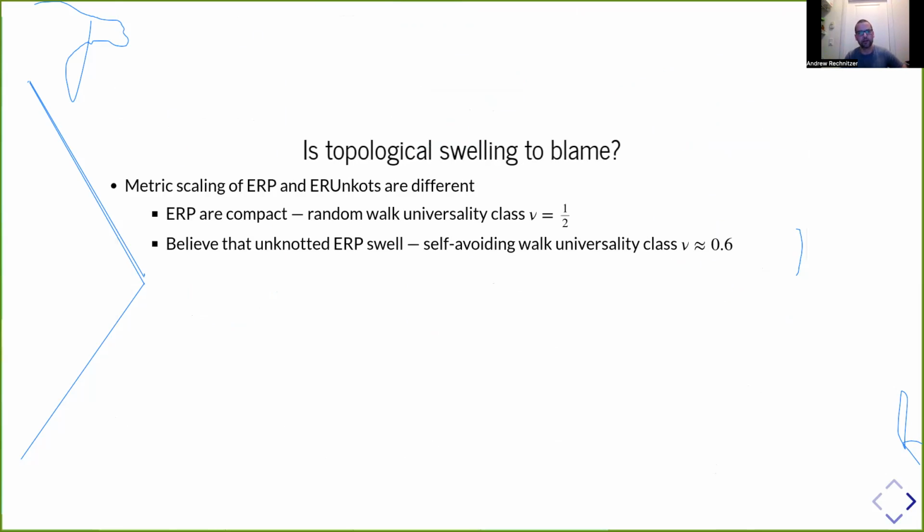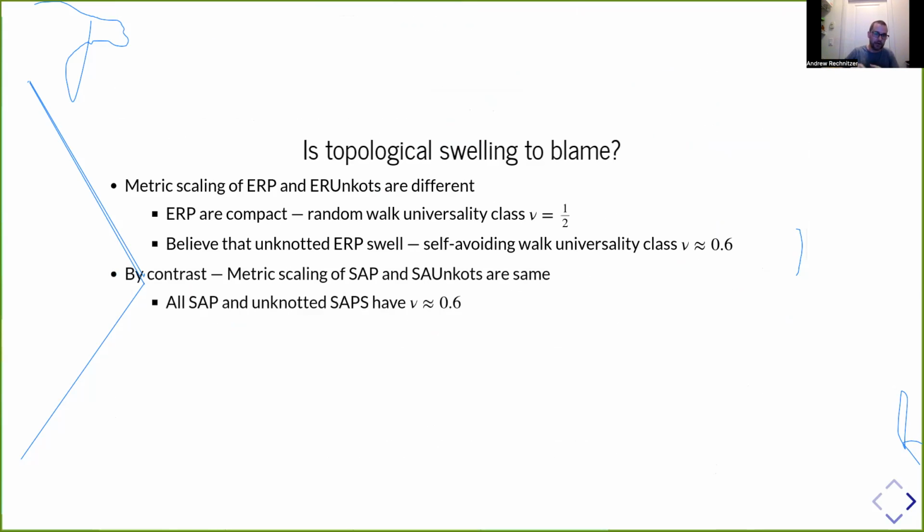And it could be that something called topological swelling is to blame, namely the metric scaling of equilateral random polygons and equilateral random unknots are different. Equilateral random polygons are very, very compact. They're in the random walk universality class with metric exponent 1/2. But it's believed that when you fix the topology, so if you fix it to be an unknot, they swell up to the self-avoiding walk universality class. And so it could be,